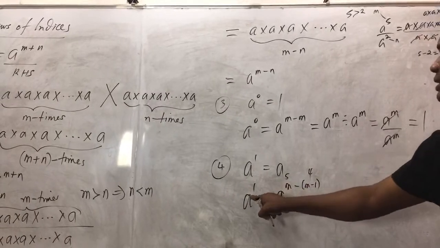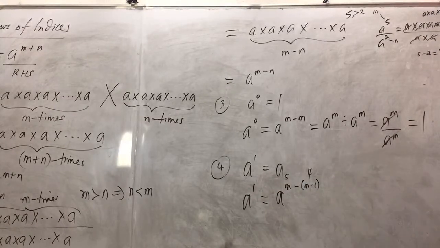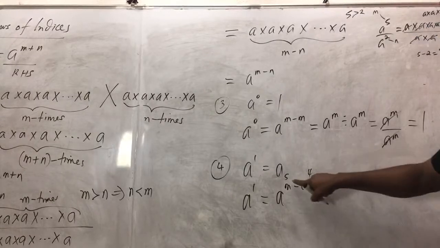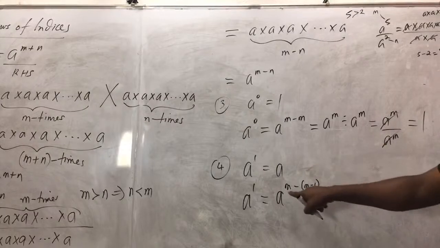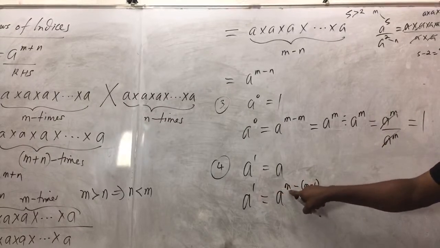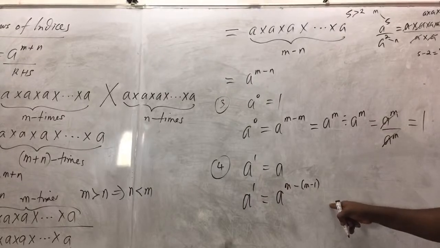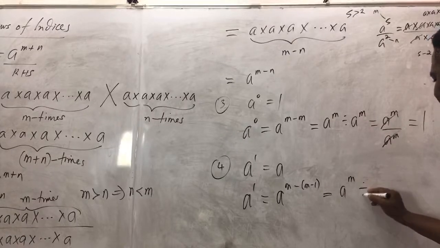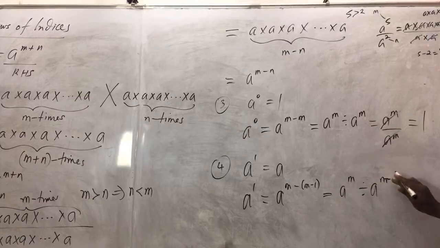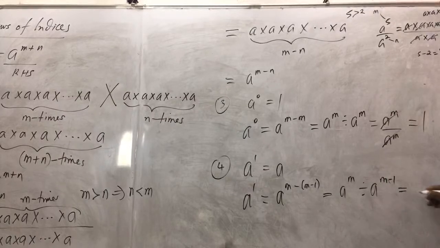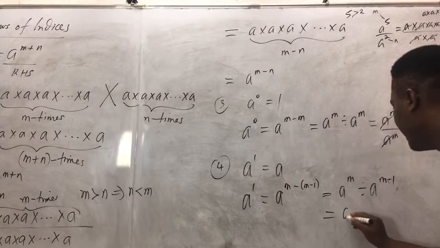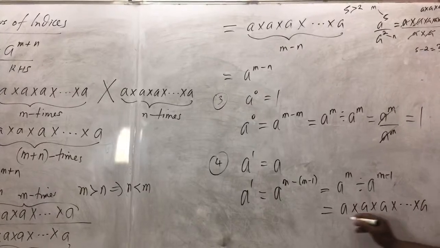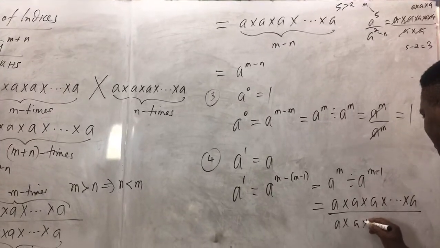So one way to write a raised to the power 1 is like saying a raised to the power 5 minus 4, a raised to the power 6 minus 5, a raised to the power 3 minus 2, which is the same algebraically as writing a raised to the power 1 as a raised to the power m minus, in bracket, m minus 1. Okay? And that will give you this, a raised to the power m divided by a raised to the power m minus 1. So this means that if there are m a's in the numerator, and there are m minus 1 a's in the denominator,